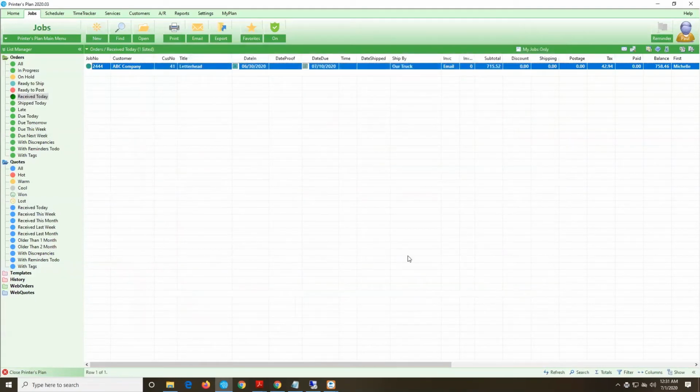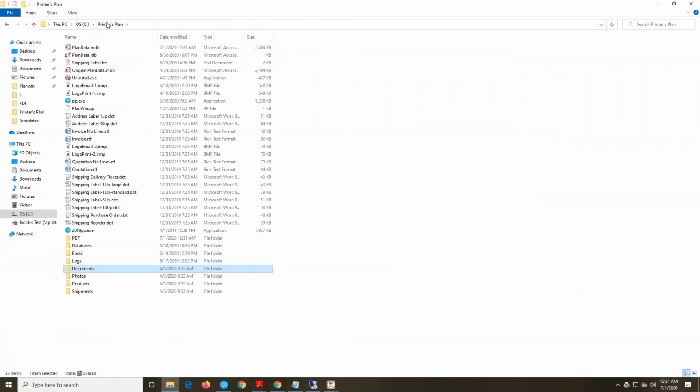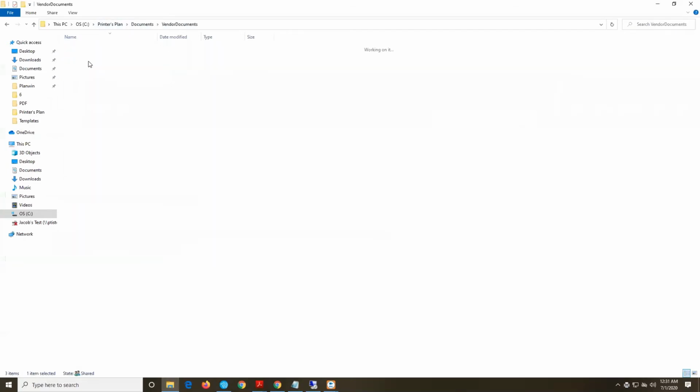Now that I've demonstrated sending a purchase order, I'd like to talk to you about customizing some of these fields. Inside of your Printers Plan installation folder, there will be a Documents and a Vendor Documents folder. Furthermore, one down, we have Templates. By default, Printers Plan will pull the PO default.txt. However, if you assign your purchase order to a service, then it will know to pull this vendor's specific PO